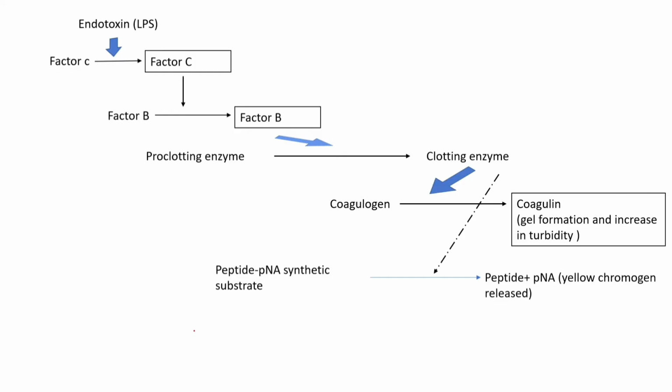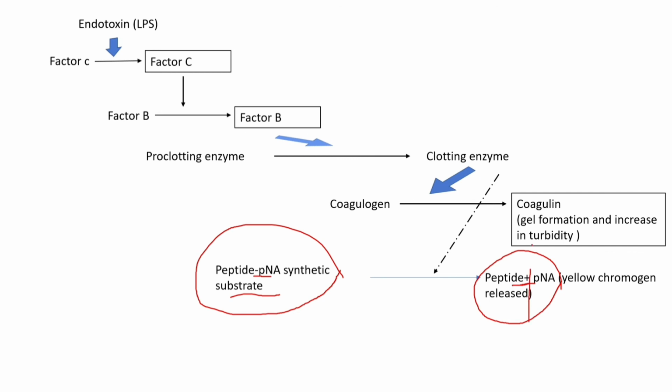In this chromogenic method, when endotoxin is present in the sample, first the lysate reagent is mixed with the chromogenic reagent, which is a peptide linked with p-nitroaniline, which is the substrate here. When the lysate is in the presence of the endotoxin, the lysate breaks the bond between the p-nitroaniline and the peptide, which results in the release of yellow color. And the color developed by this chromophore is checked using a spectrophotometer.